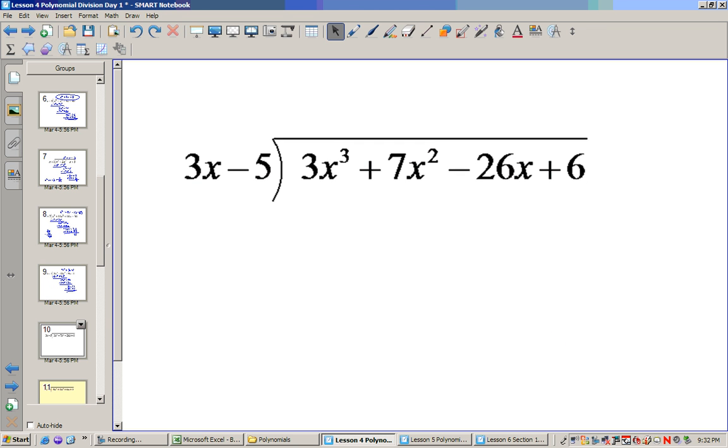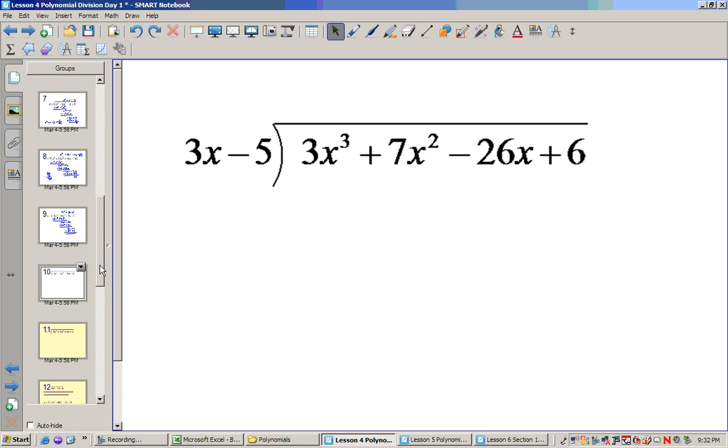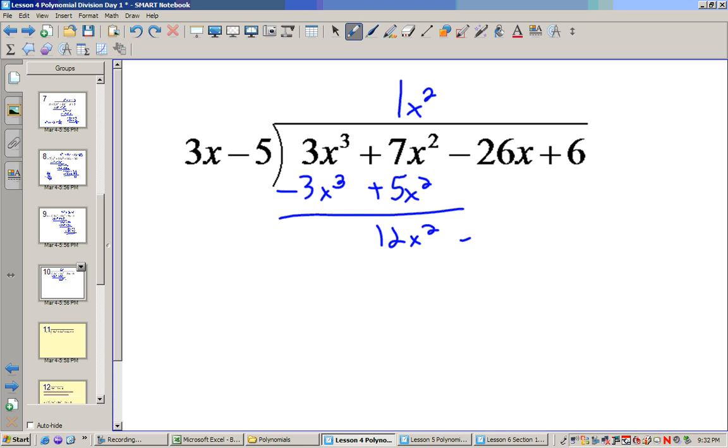All right, here's one more problem. You can do it out, see how it goes. This would be 1x squared, subtract it out, so now we'll have to get a 4x in there, and so we'll have 12x squared minus 20x,